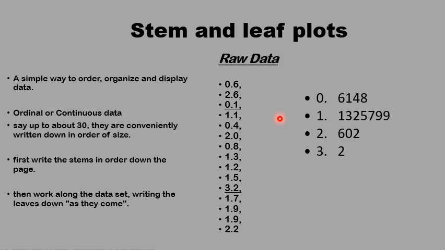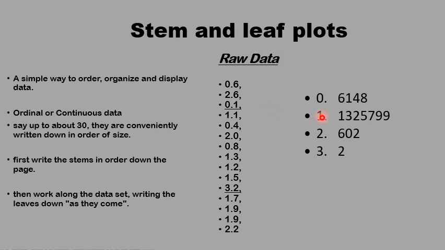And then you go through the set of data one by one, starting from the very beginning. This is 0.6. So you branch it from the stem at the 0 point something. Here you just write a 6. So this is the first leaf coming out from the stem, 0.6. Then the second one is 2.6. So you get the 2 point in the stem, and there you put the leaf, 2.6, followed by 0.1, back to the stem, 0.1, and then